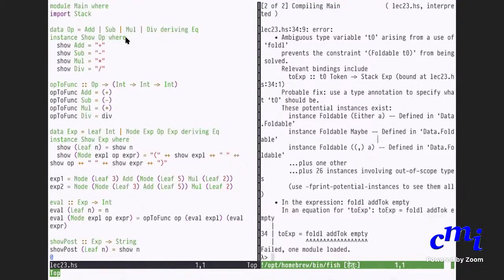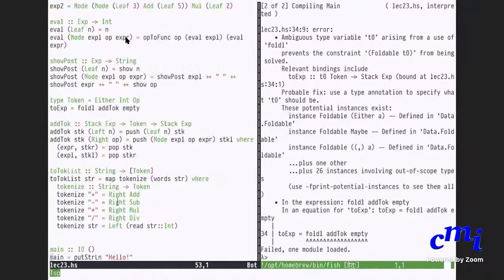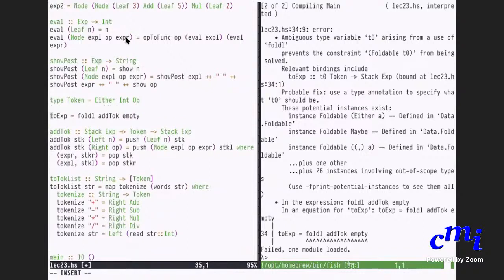Okay, something else is here. Have I not given a type? Right. So this toExp I have not given a type. If I give a type, that will be fine.